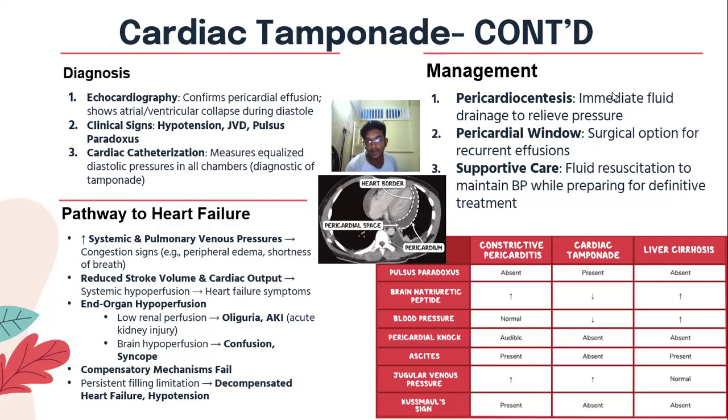Echocardiography. This is the primary imaging tool to confirm tamponade, revealing pericardial effusion and signs like collapse of the right atrium and the ventricle during diastole. You have a picture there in the center with the echocardiograph. Here, clinical signs. Some key findings may include hypotension, jugular venous distension, pulsus paradoxus, and